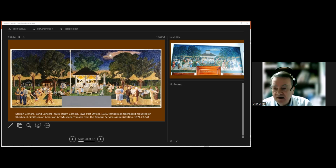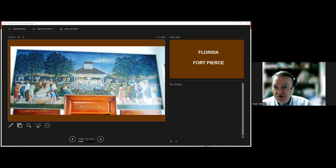existed in the park. And so the Treasury, along with local officials, urged her to change her drawing, removing certain items. And she ultimately painted this mural, which appeared in the post office. And if you compare the two,